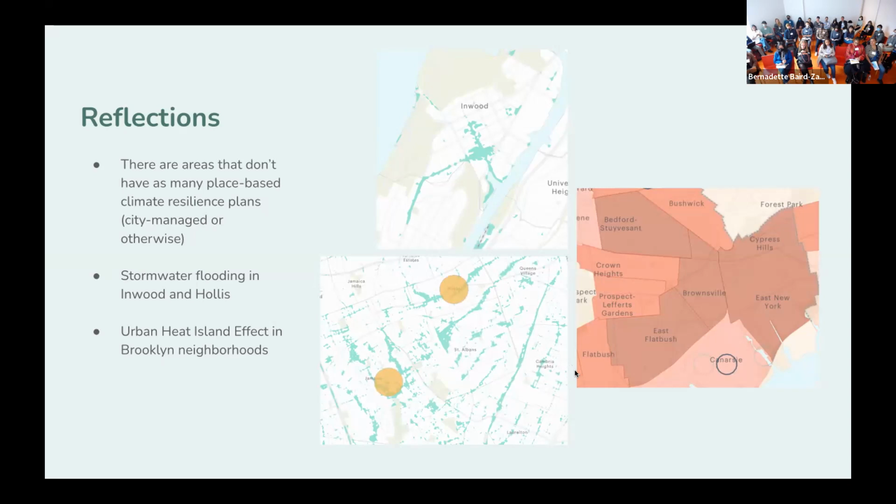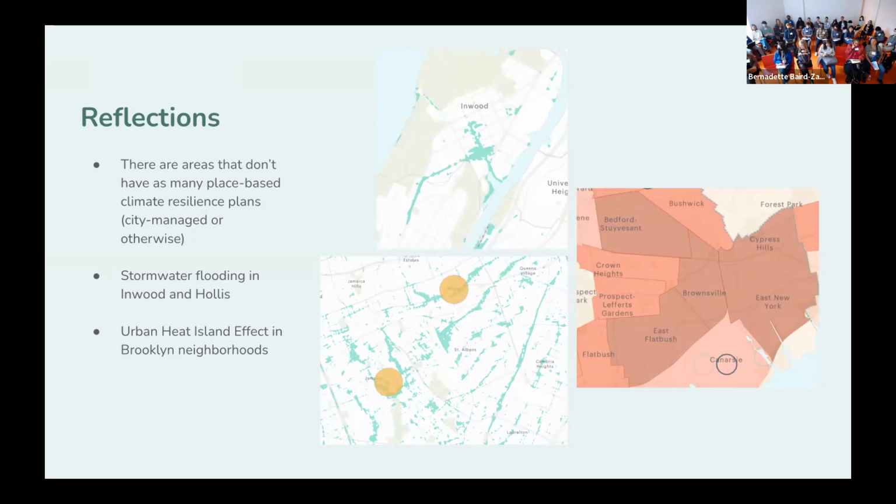Here I zoomed into a couple of neighborhoods in East Brooklyn that face the highest urban heat risk in the city, and yet there are no urban heat plans, or no plans at all, in this area that target place-based initiatives to combat these climate risks. And maybe this is also an issue of outreach, right? Maybe we just don't know if there's a plan happening in this area. And if you do, please submit it in the Google form to let us know so I can add it to the map.